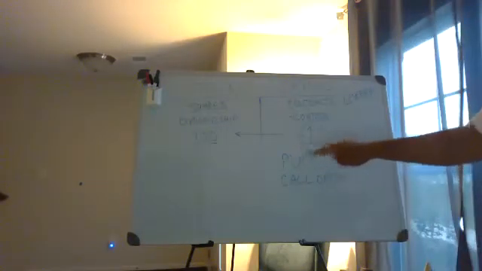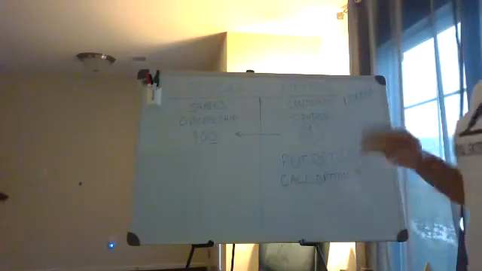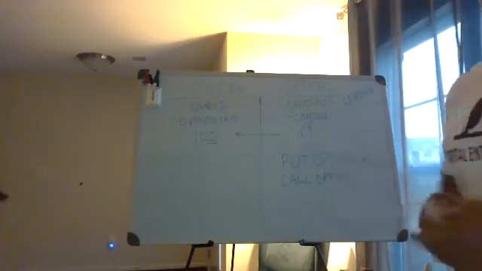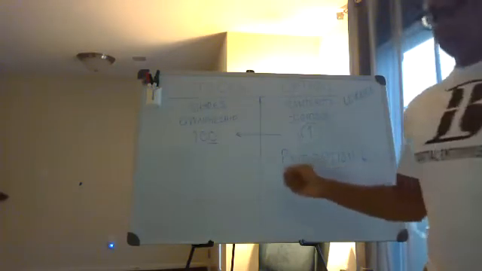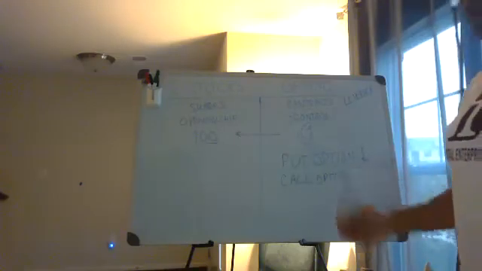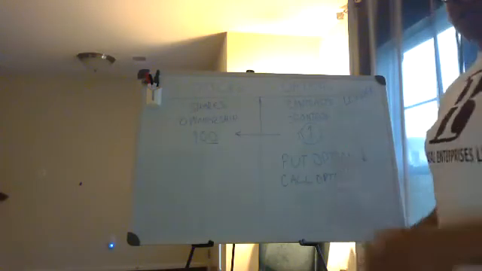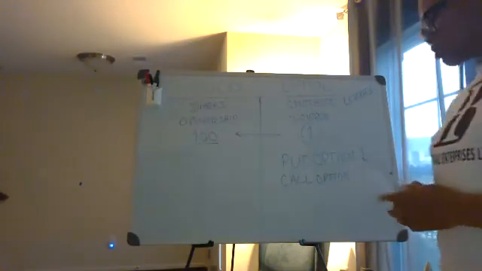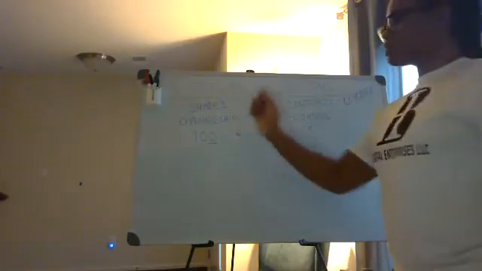So those are the two most basic ways to profit off of options. It gets a lot more complicated with multi-leg options and bull spreads, bear spreads, just all kinds of stuff. But these are called single leg strategies, because you're just buying on one side of the market. Yeah, one side of the market. Put option and call option. All right, so on the stock side,